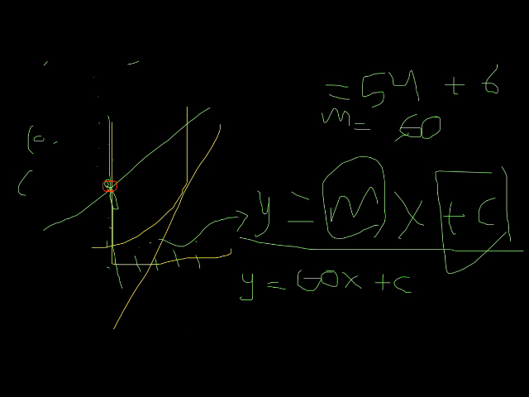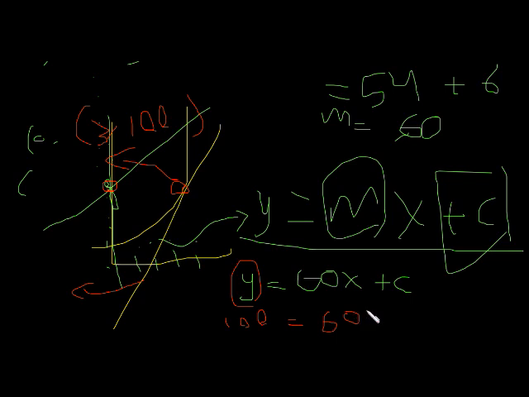Let's say for the tangent, we select the point 3 and 100, so y is equal to 100. In the place of y, let's put in the value for y, which is 100. So 100 is equal to 60, and the x value will be put here, which is 3,